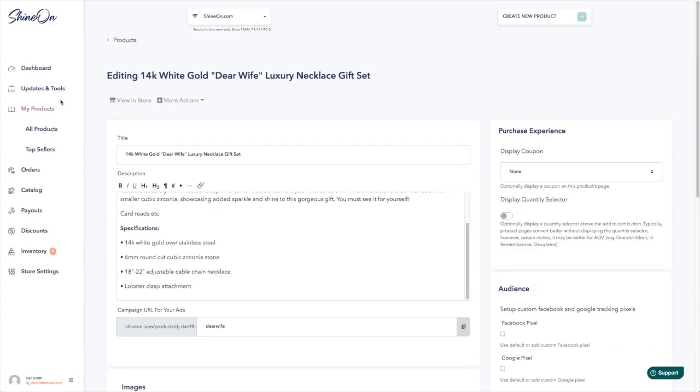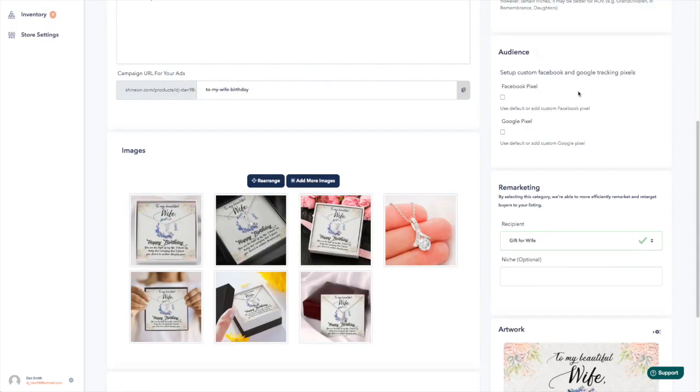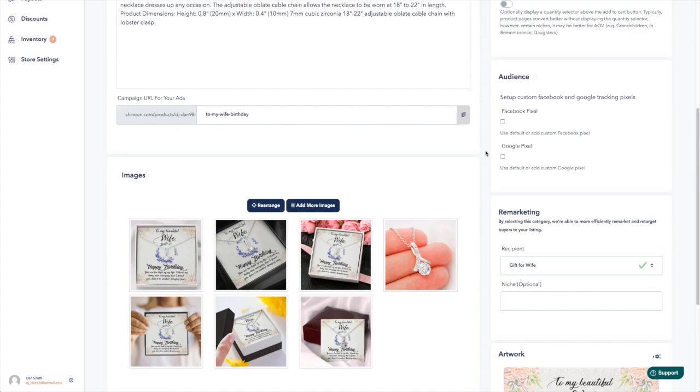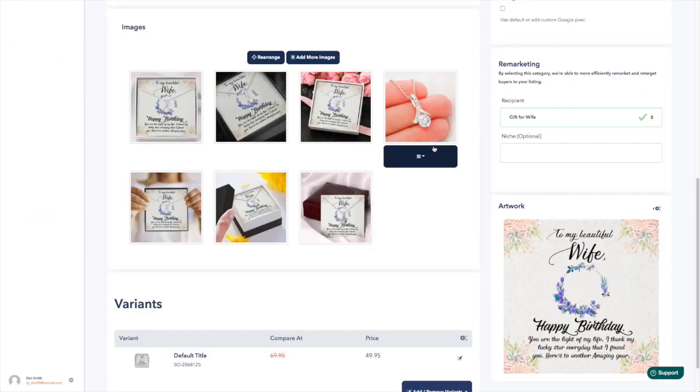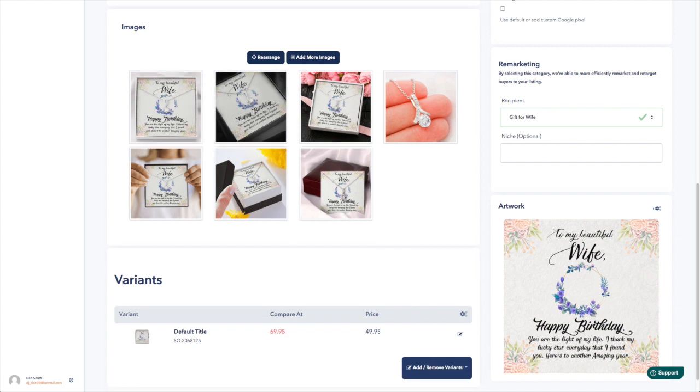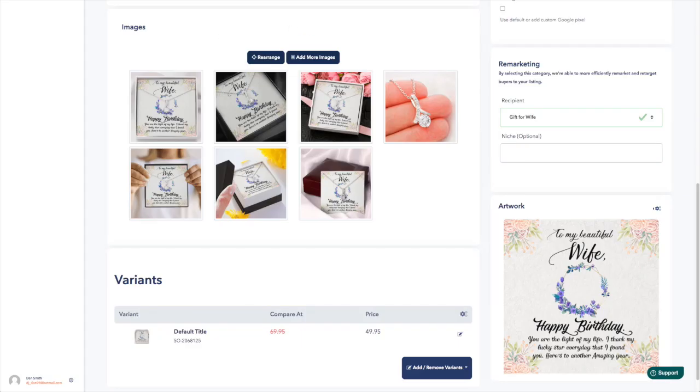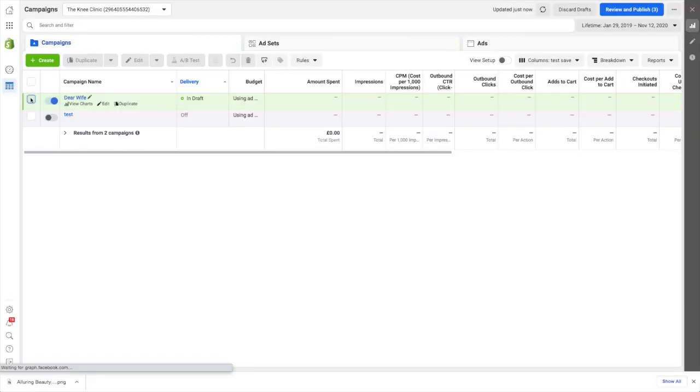Okay, that's all right. I'm just going to quickly add a new product and then I'll get back to you. Okay, we're back, and I've just quickly created a really quick necklace. It's not even got much of a description in it or anything, but that's not the point. This is the next necklace, and notice it's in the same niche as the last necklace was. It's to my wife. Okay, so it'll be from men or whatever, right? So I have the image here, there, and if we go back to Ads Manager now,